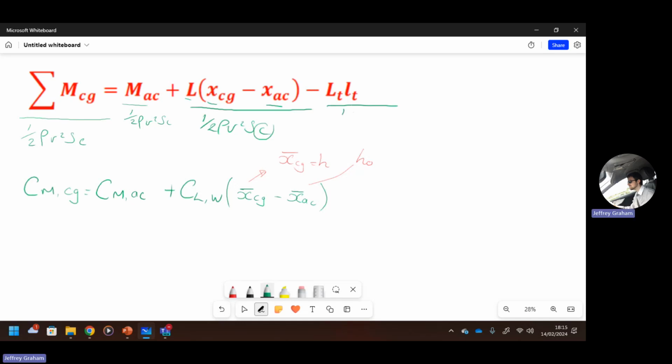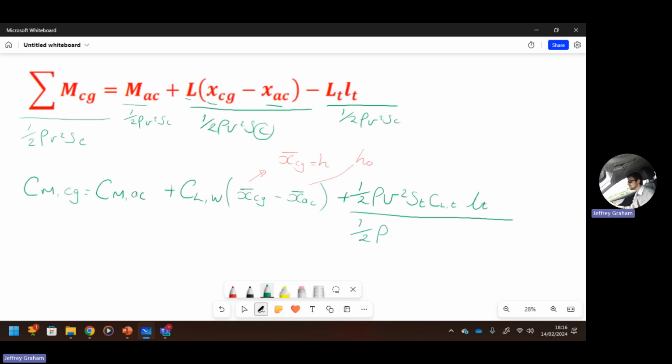Finally, the lift from the tail is a little bit more to this one. I'm going to write this out a bit clearer. The lift from the tail is the lift equation again. Right, and the key bit here is the area involved is that of the tail, and the coefficient of lift will be that of the tail. Multiplying that by its arm length. On the bottom,